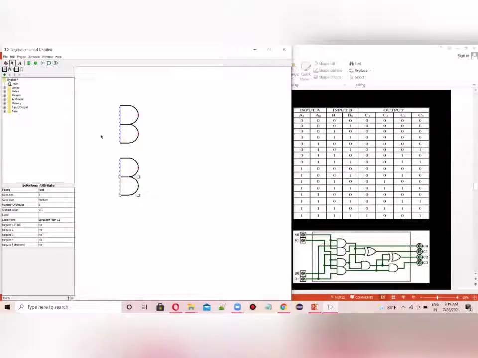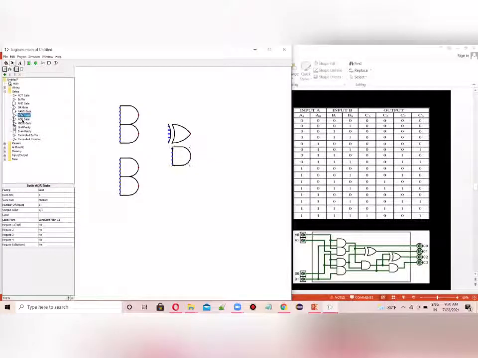Okay, now it's done. Now let's take an XOR gate. And let's take an AND gate to build the half adder. Now it's done. So we have to build one more half adder.